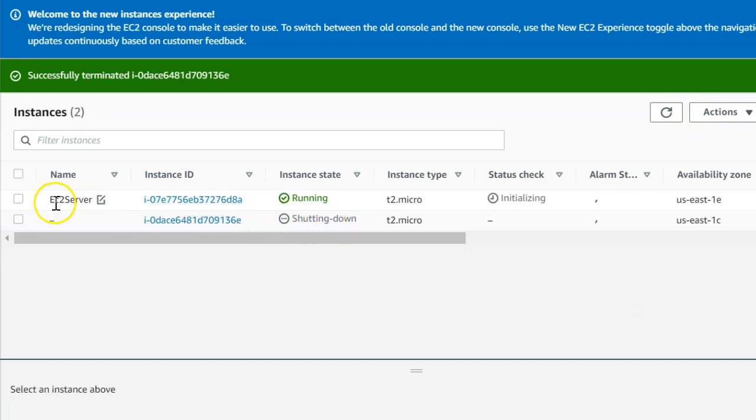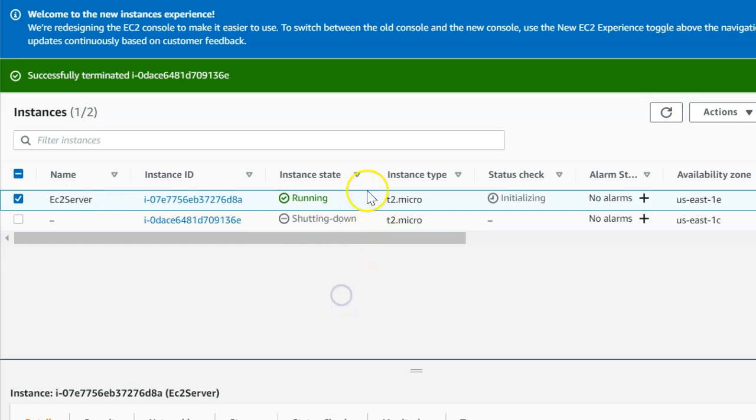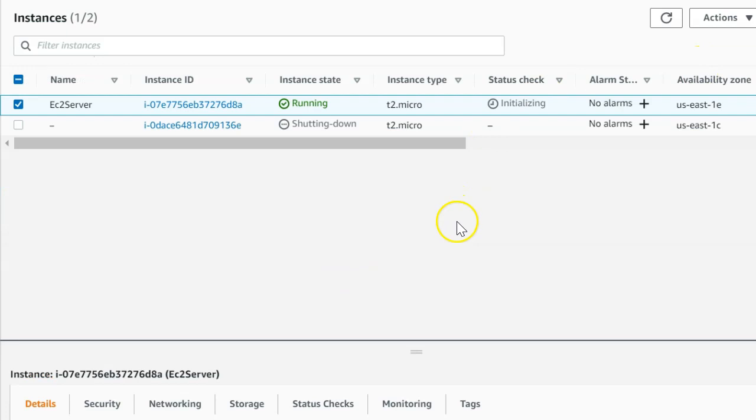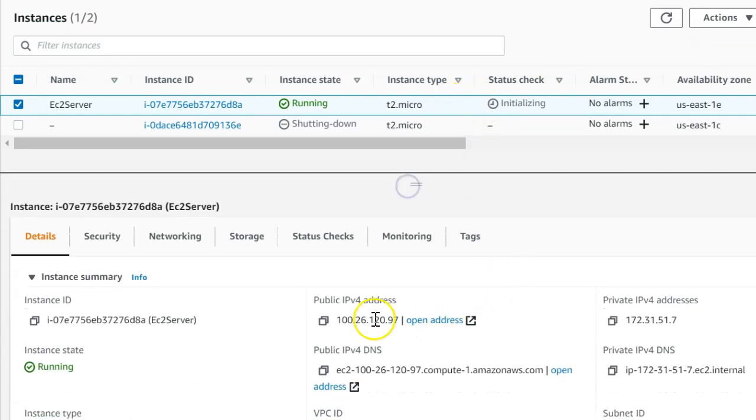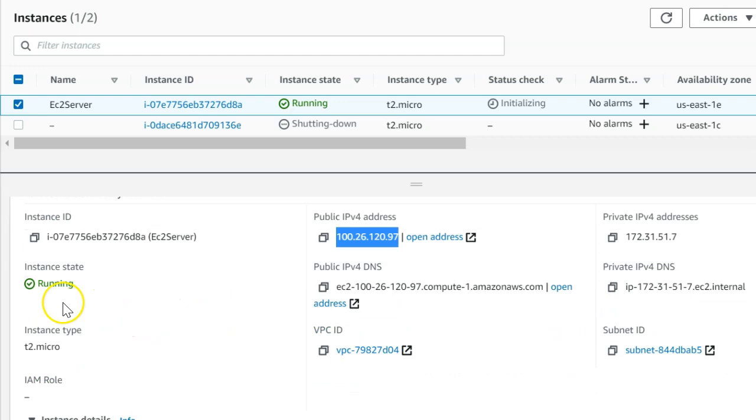And then you can see our EC2 server which we created just a few seconds back, it's configured and in the running state, and you can see its configuration settings here. You can see the public IP address and the private IP address. That's our EC2 instance ID, and the EC2 instance state, running or terminating or whatever.